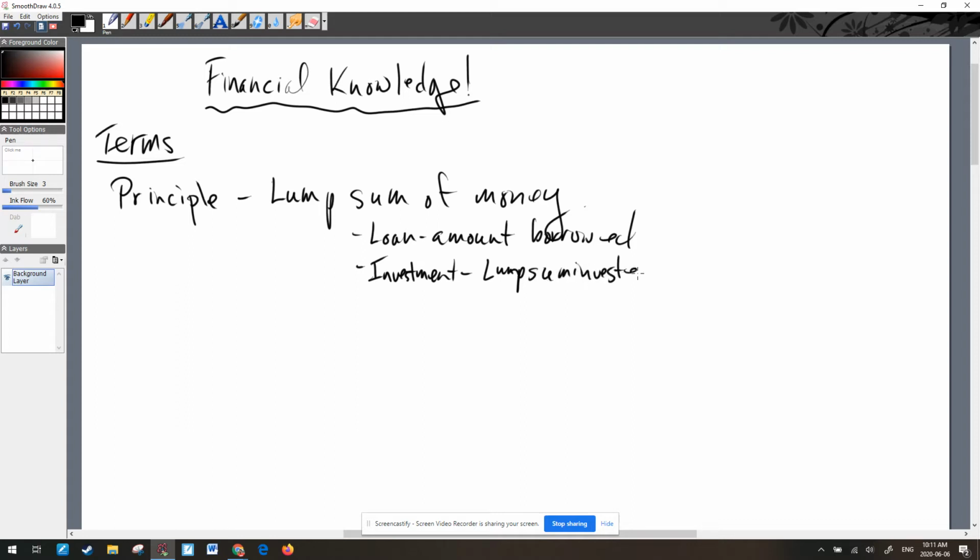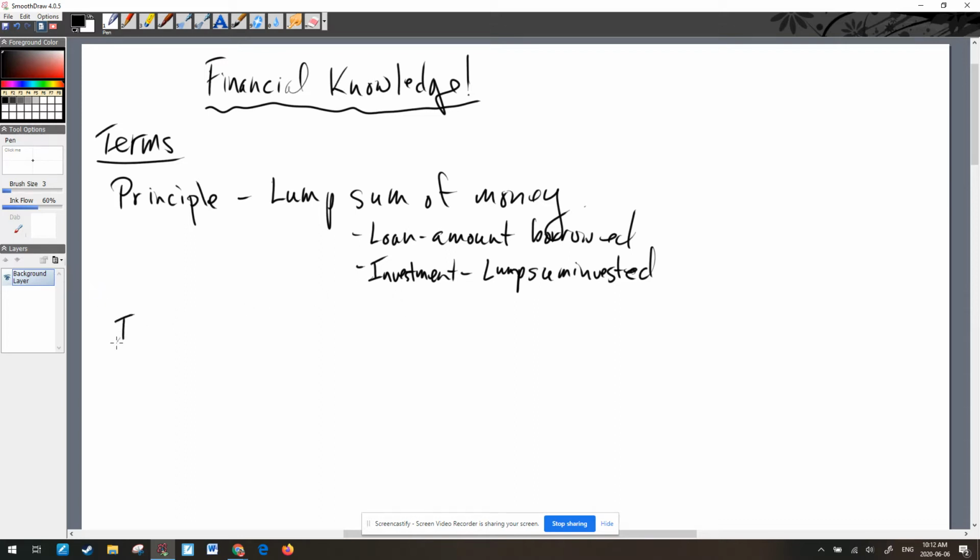And that kind of makes it sound as though it can only happen if you put away one big chunk at once. If you put away money every paycheck, so every 2 weeks or every month, whatever you get paid, the principal is the total amount of money that's in there. So that's what I mean by lump sum. Doesn't mean it has to go away all at once. It just means that it is the big kettle, the big pot of money. And it's the big pot of money whether you've borrowed it or whether you have saved it. Okay, so that's what the principal is.